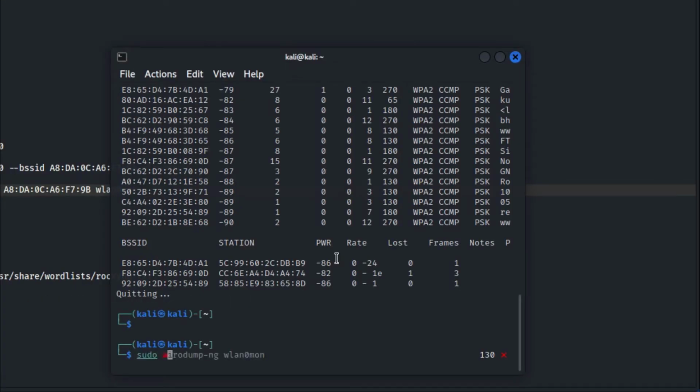Now for my next command I'll be typing sudo airodump-ng -w, which means the file name that I want. You can set it to any you want. I've set it as hack1, then -c 10. So -c is the channel. So 10, as you could see that it said 10 in my channel in the above command, and now